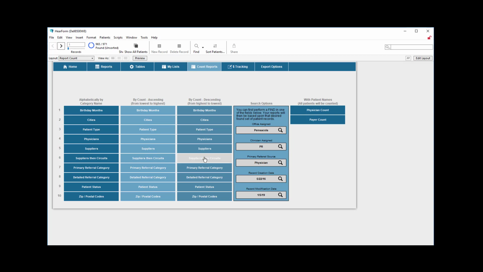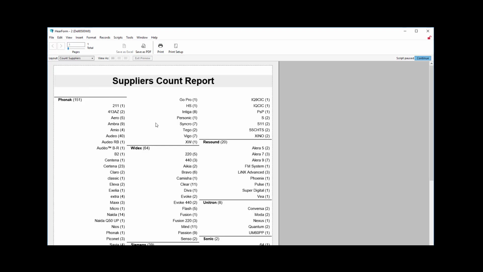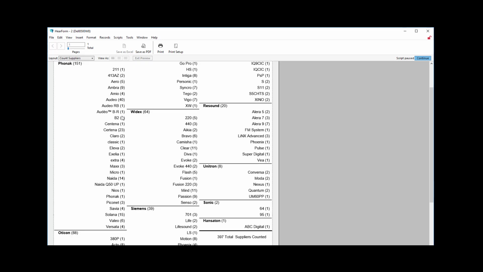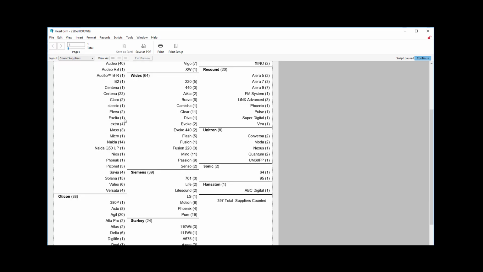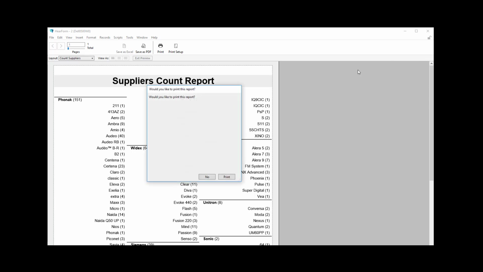I could say suppliers, then circuits. And again, it's giving me all of these different products. They're not alphabetical because they're in the 151 Phonax, followed by 64 of these and 39 of those, etc. And of those Phonax, how many were these Nijas or Piconets or Savias or whatever they are. Of course, some of this data is old, but you get the idea. So that's one way to do a series of